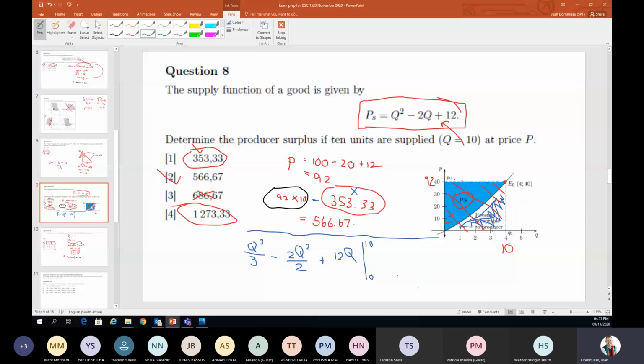It doesn't matter to put in the 0, all will be 0. So you basically just put 10 into this. So 10 to the power of 3, I think, what is that, 1,000? So 1,000 divided by 3 is